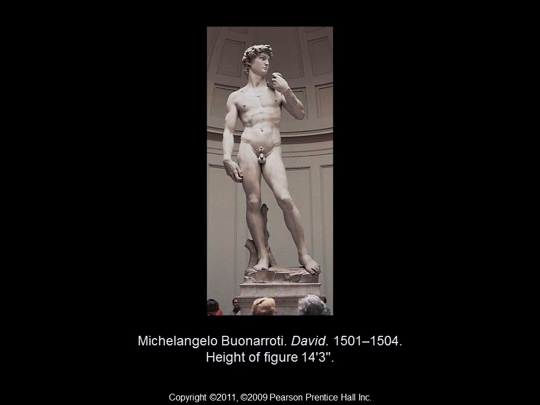On the technical side of this sculpture, this was never really intended to be looked at from the angle we're seeing it. If you look closely, you'll notice the hands are enlarged, and the head is actually enlarged. Everything looks like it's physically accurate in one sense, but this was intended to be viewed from below. The enlarging of the hands and the head is to add some corrective optics so you could see the statue more correctly from below. This is not very different from what the ancient Greeks did when they built the Parthenon.